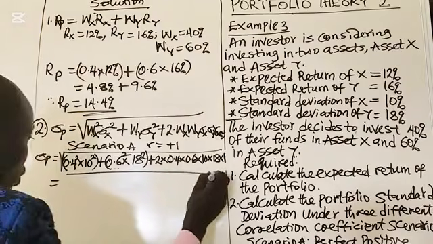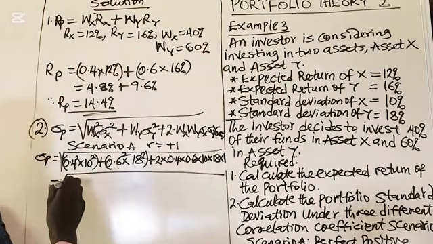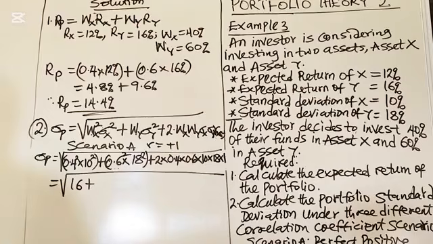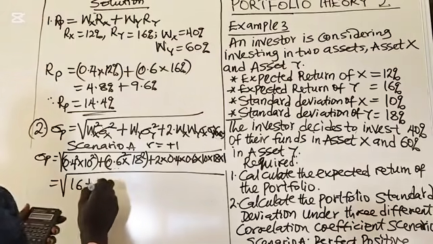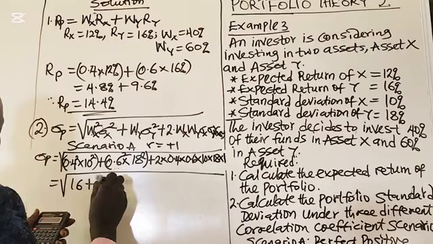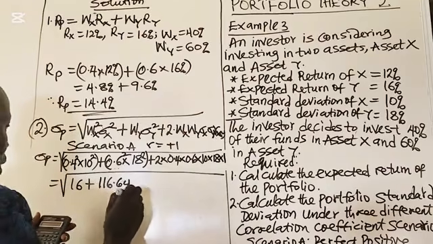Then plus 0.6 squared, 0.36, times 18 squared, which is 324. The product of the two is 116.64